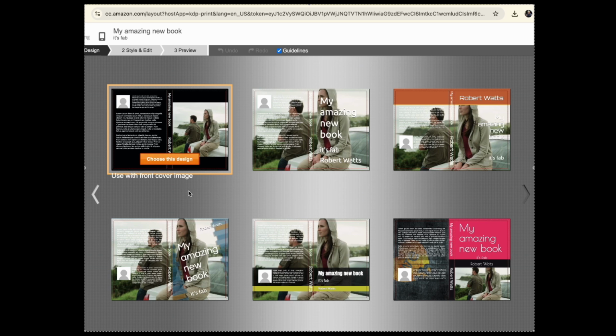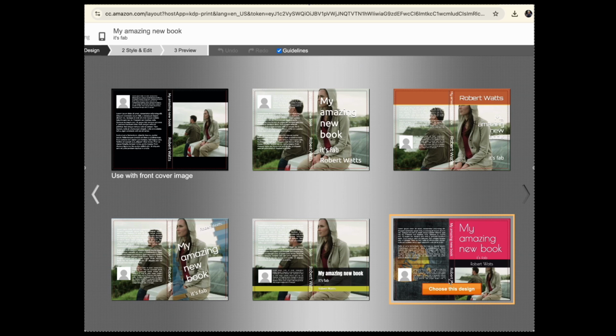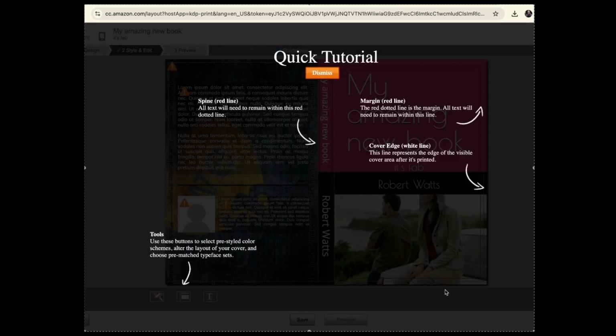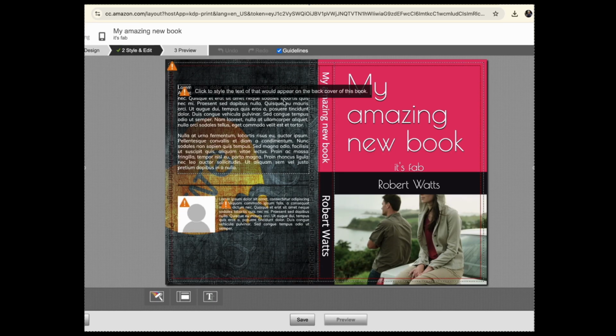There's my potential layouts. We've got a number of choices there with my name and how it might look. Let's just go for that one there. And there's obviously some extra bits on their tutorial to help you. There we go. We've got the back cover, so there'll be a blurb there that will introduce the book and